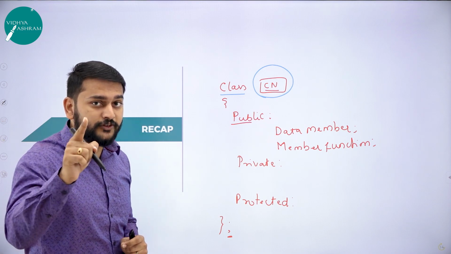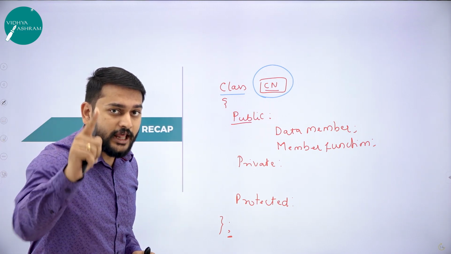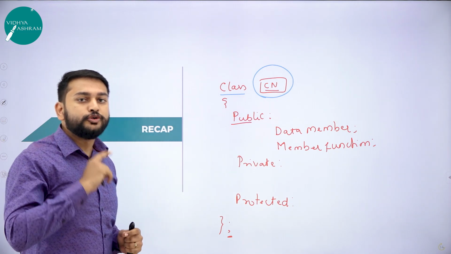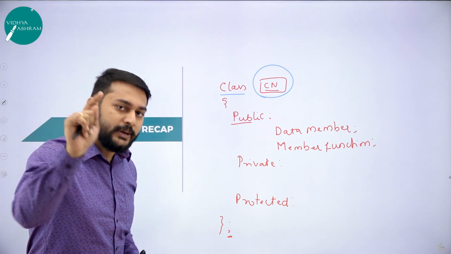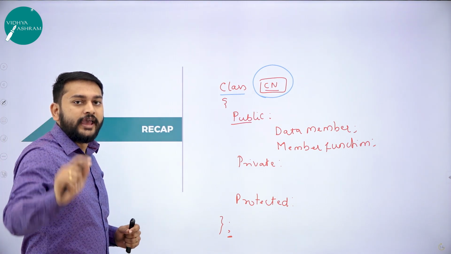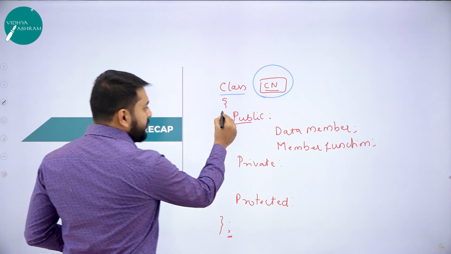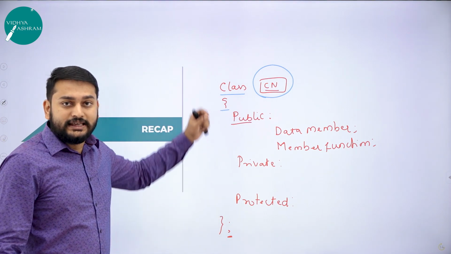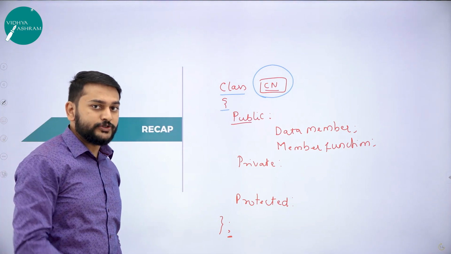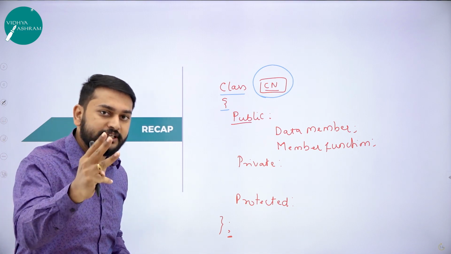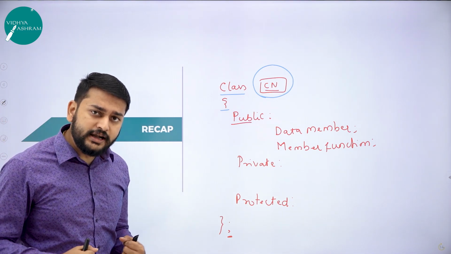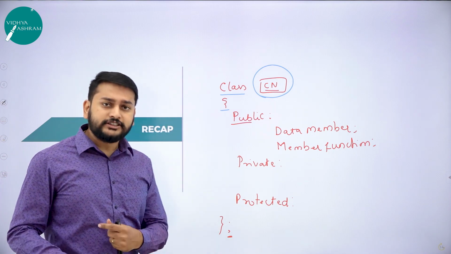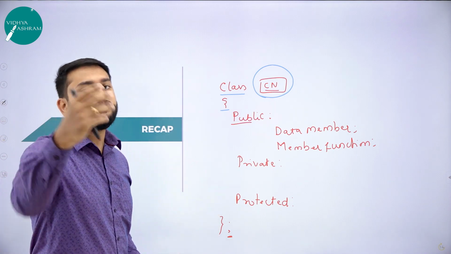Whenever you are giving the name for the class, what is that you should remember? Tell me. You need to follow the rules of identifiers. We have already discussed the rules of identifier. Please go back and check in the previous video. And then after that, you will start with the flower bracket. And then inside this class, how many access specifier you can have? You can have three different types of access specifier. Sir, is it mandatory that I should have all the access specifier? No. So it depends on your program.